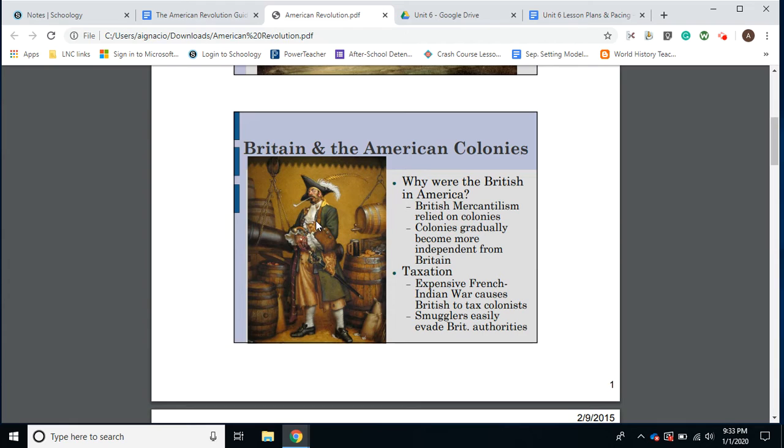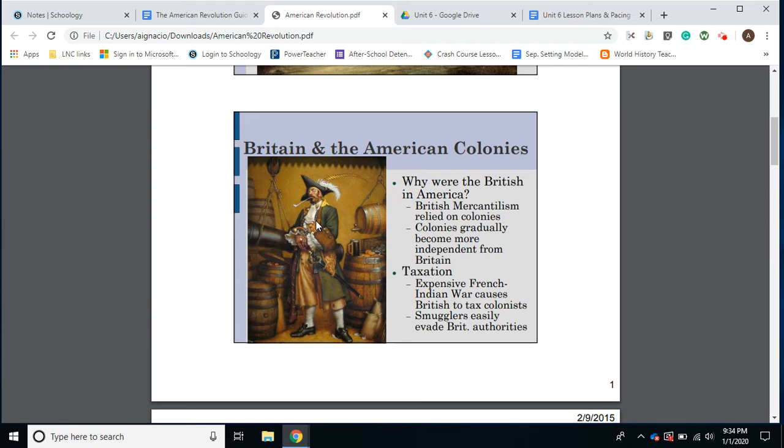We have talked about the effect that war has on the common people, and specifically for the colonists. Every time that the British went to war, the British were heavily taxing the colonists. And this was true with the French and Indian War, in which the British were able to take land from the French. But unfortunately for the colonists, the taxation on the colonists was what funded the French and Indian War.